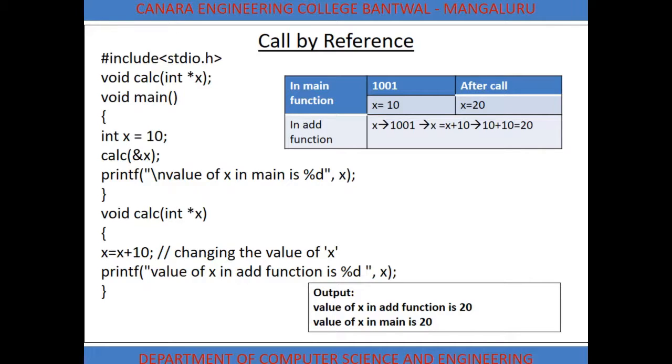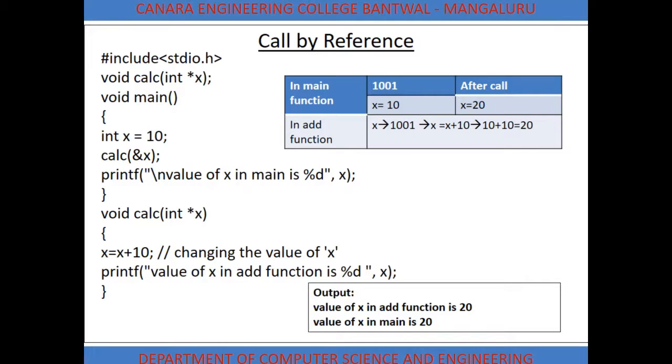Now once calci(&x) is executed, control will directly go to the function definition. Now void calci(int *x). So now the pointer x contains the address of variable x passed from the main function.